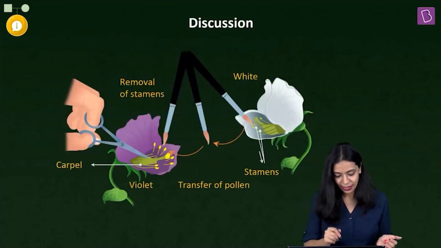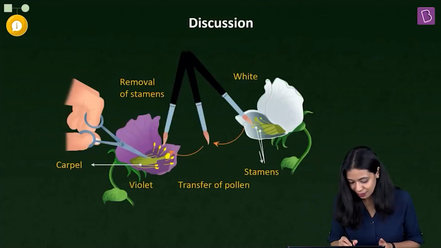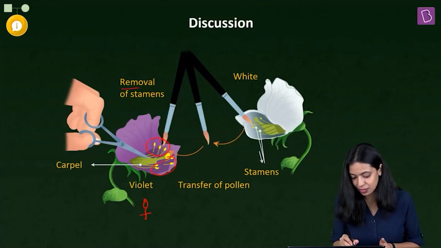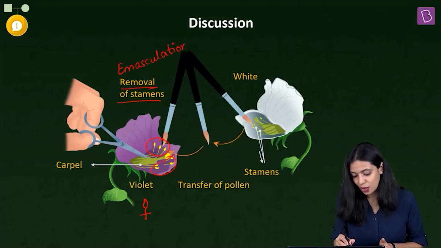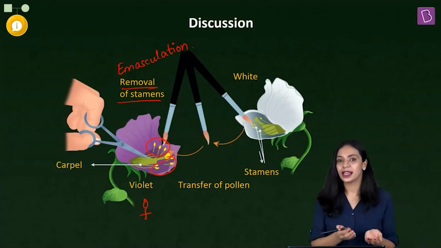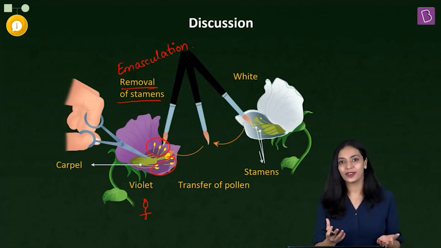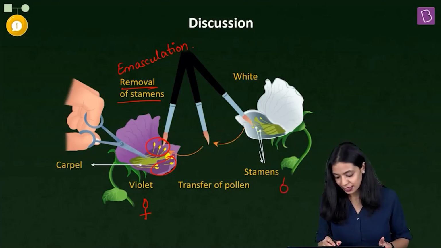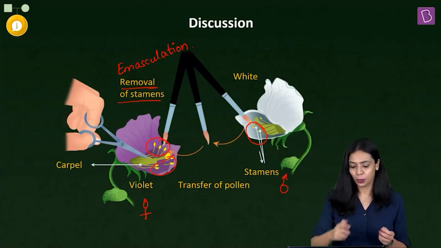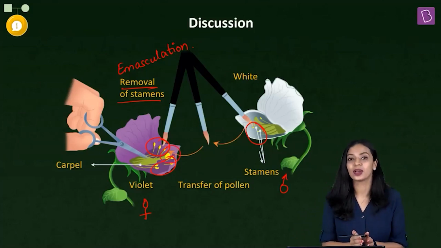Okay, so here you can see at first whichever plant we have designated as the female, from that the anthers or the stamens are removed. Now this process is what I refer to as emasculation, right? So after that, a bag is tied around it to prevent contamination from unwanted pollen. And after that, whichever plant is designated as the male, from that you will remove the stamens and dust the pollen onto the stigma of this emasculated flower.